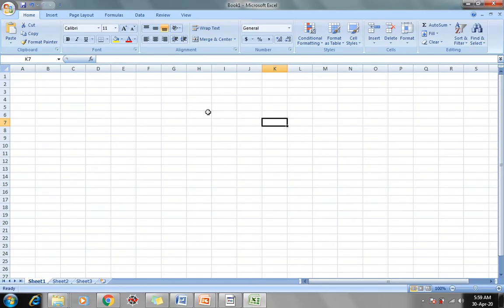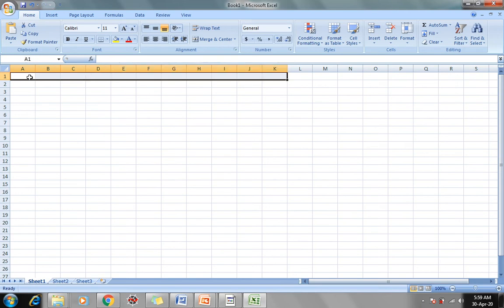First we will try to reference values from one sheet to another. How will we do it? For example, we are creating marks data of class 7th.